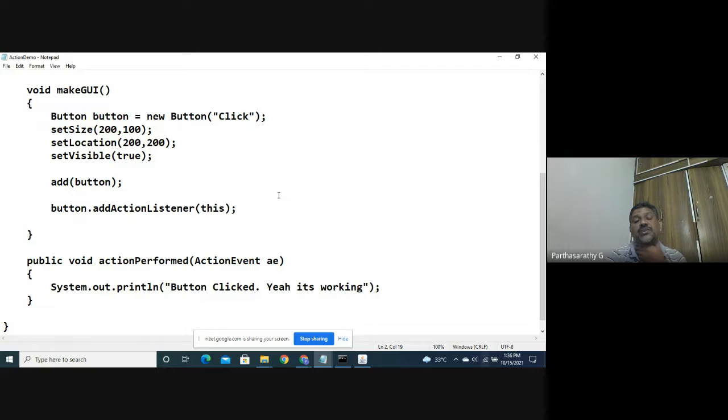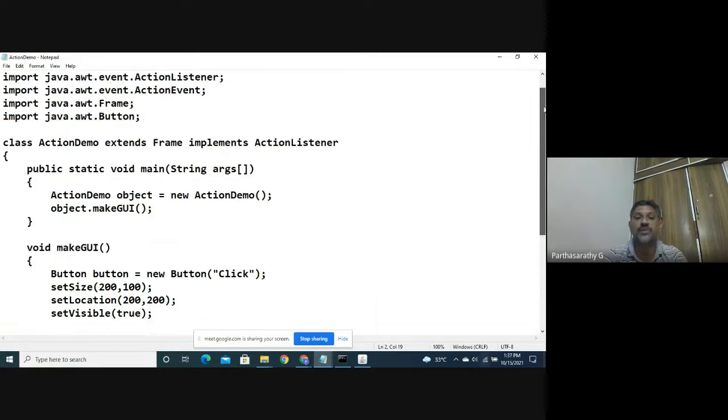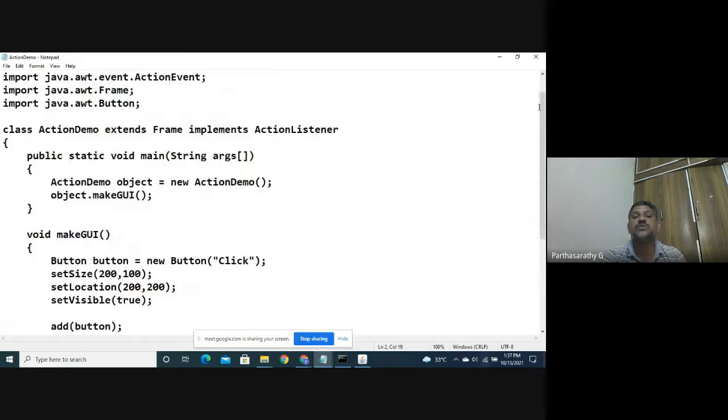What are the components you need for your GUI? You can do that. Now you are familiar with this program. In the AWT package, we have these components. We have created and pasted the components. Then when we click that button, what will happen? That is nothing but our event-driven programming.